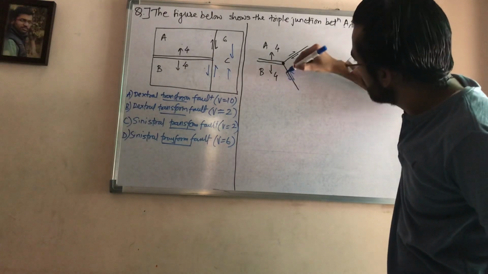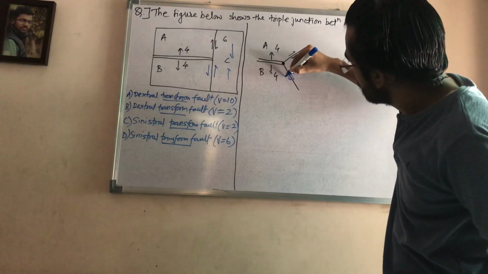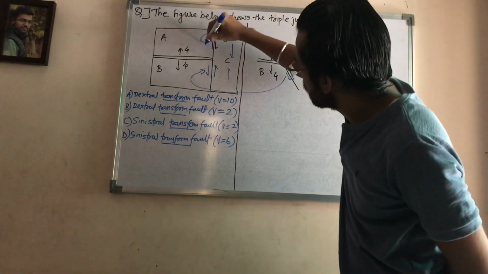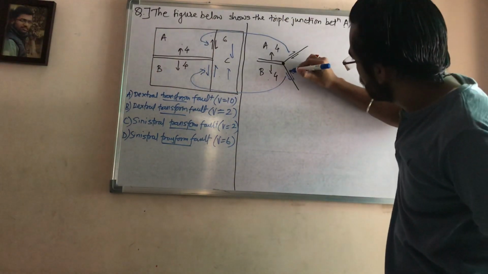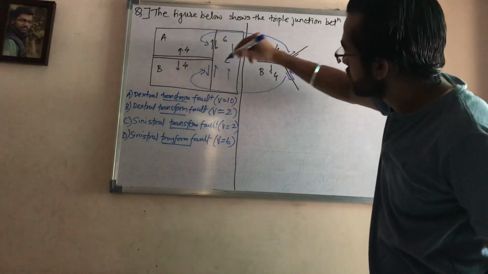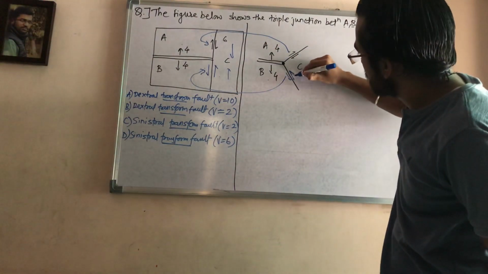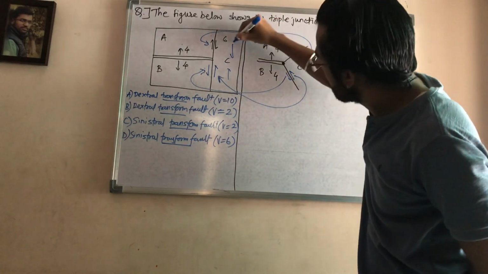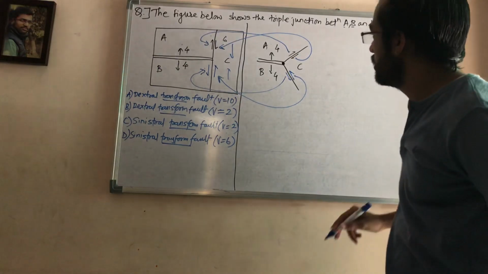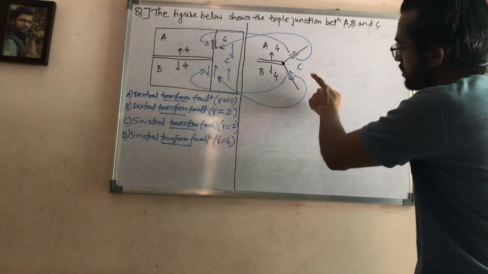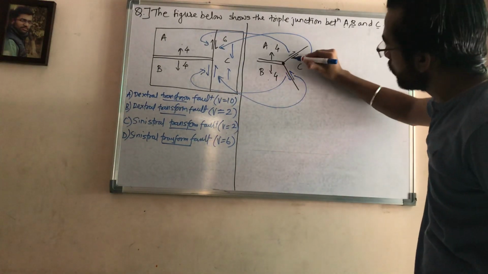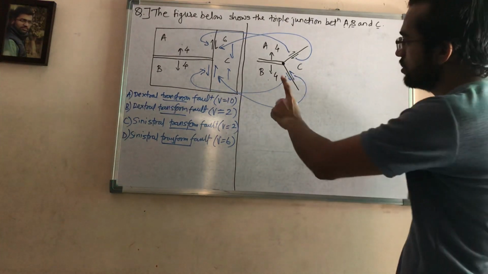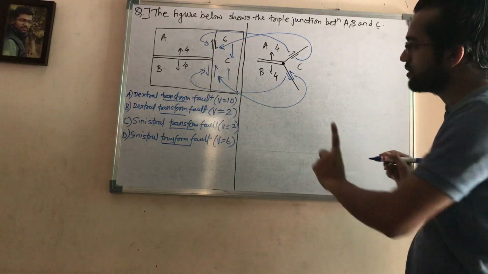So these arrows which actually look like they are opposite to each other are these arrows. This arrow, and this is the arrow for this. And the arrows which look opposite to each other, having different direction, these are actually these arrows. But if you see in the triple junction, you can see that both the arrows are in the same direction for C. So our question is correct and our answer is also correct.